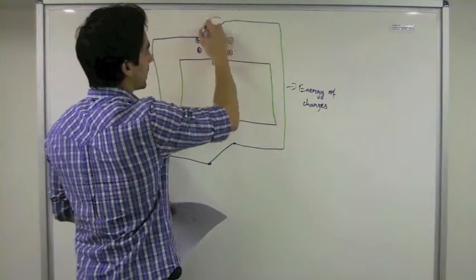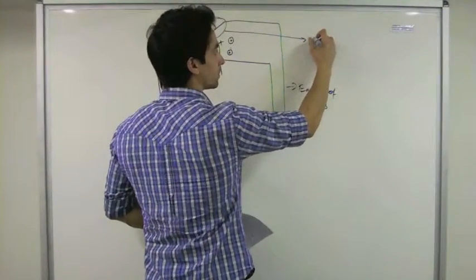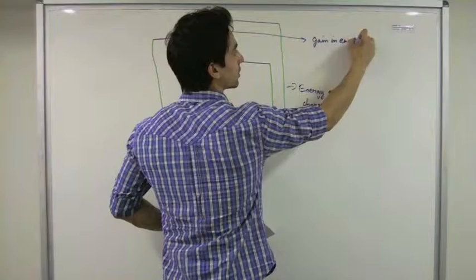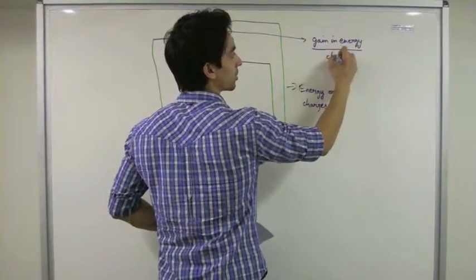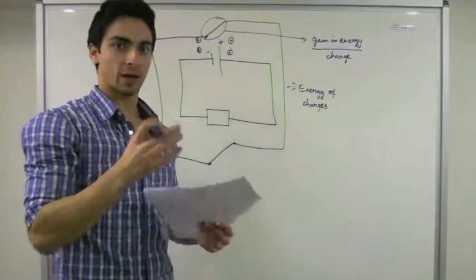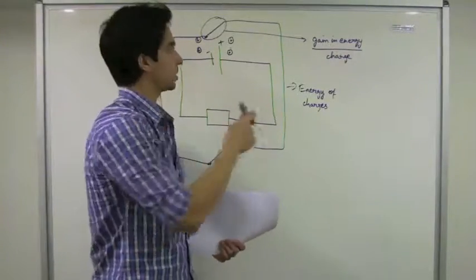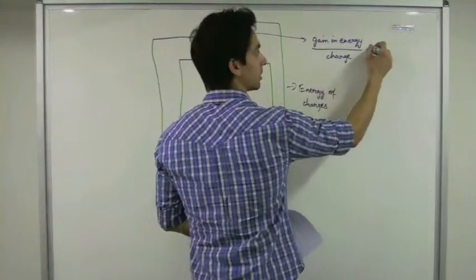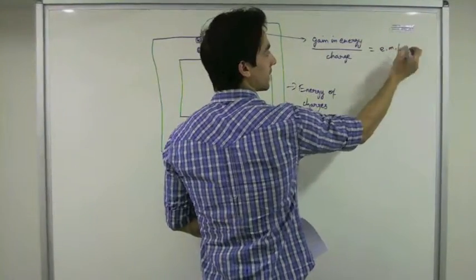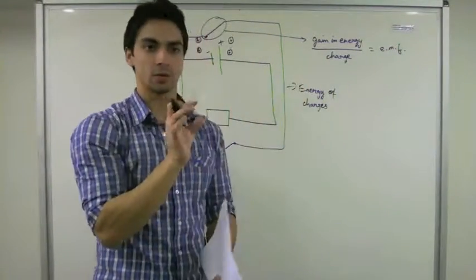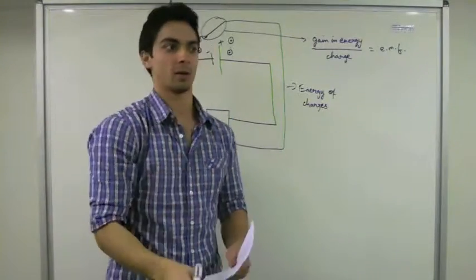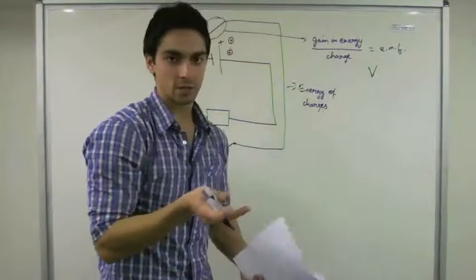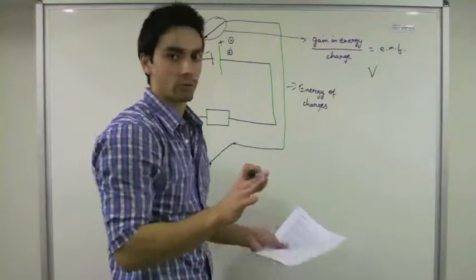Now over here, the gain in energy per unit charge, the amount of energy in joules gained per unit charge in the battery, or the amount of energy supplied by the battery per unit charge, is called the EMF, electromotive force. Notice, even though it says force, it is not a force. Electromotive force is measured in volts, just like potential difference, and it's not a force, so you must make that